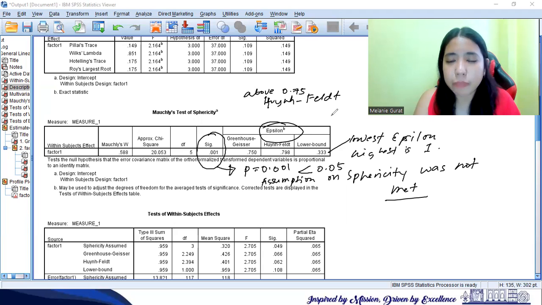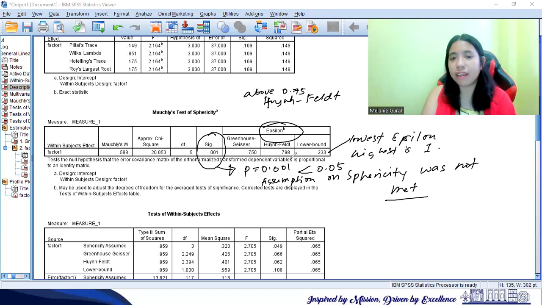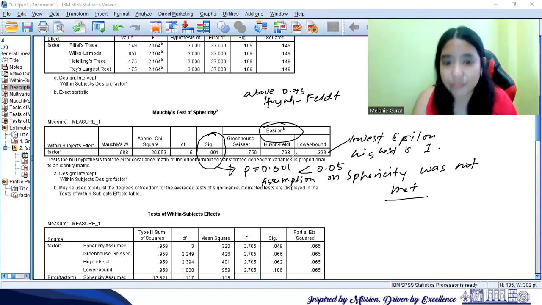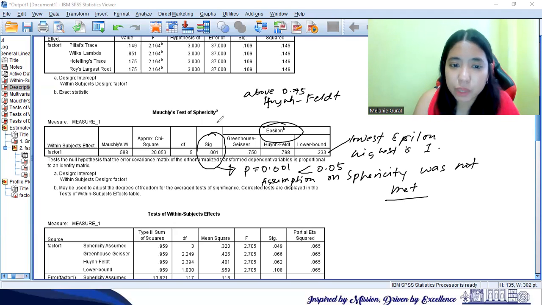For the epsilon, we have to check if it is above 0.75 or below 0.75. We were able to see here that the values are 0.75 and 0.798, above or equal rather. If it is above or equal to 0.75, then we will be using Huynh-Feldt. If in case it is below, then we will be using Greenhouse-Geisser.